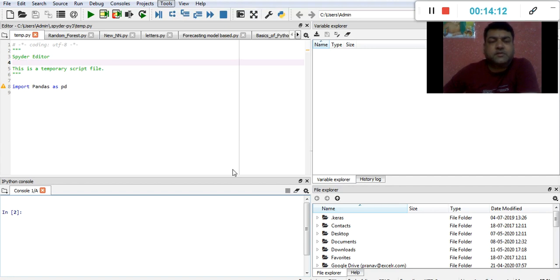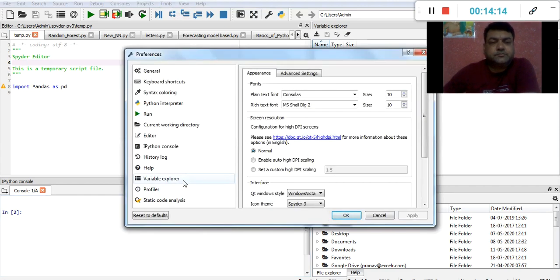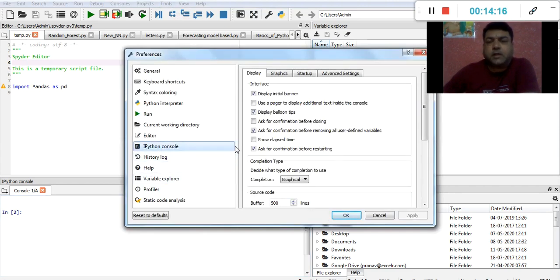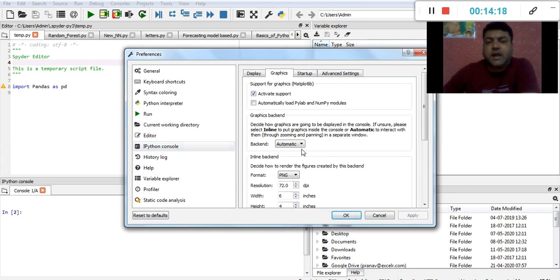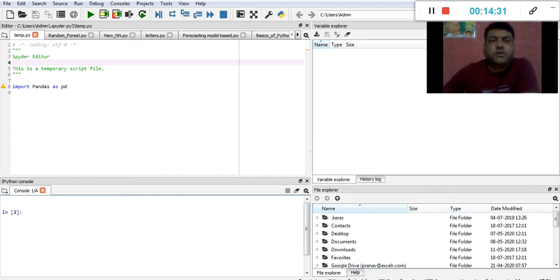You can go to preferences, go to IPython console, go to graphics, and by default it will be inline. Inline means it is in line with the console. If you select automatic, then a different window will pop out for the plotting purposes. So this is a general view and idea about Spyder, the IDE.